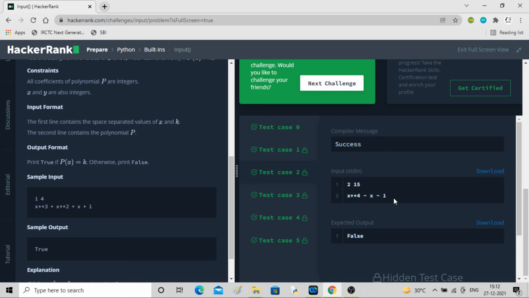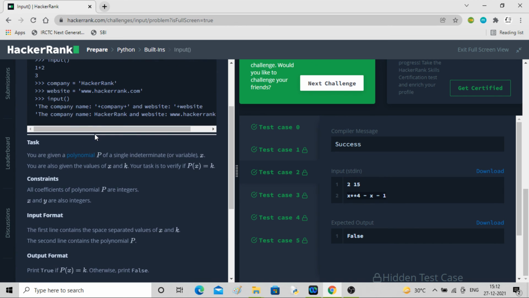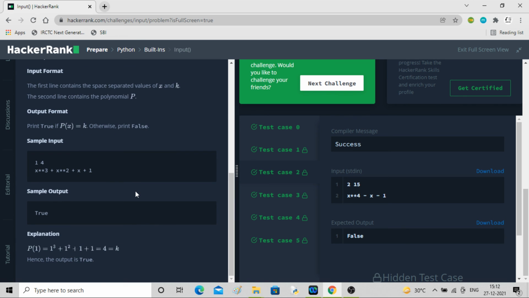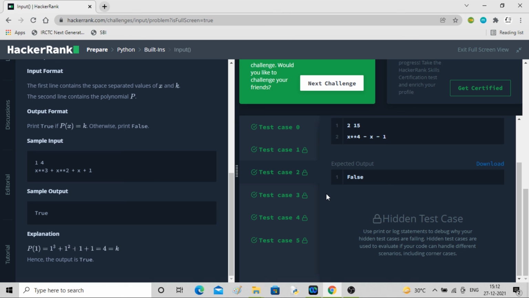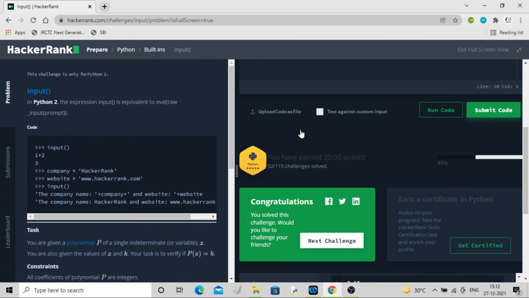Likewise you will have different expressions only, I think. There is no constraint on x and k except that they have to be integers. As for all coefficients of polynomial p being integers, I don't think that is required here. If you want to, you can do it, but it is a very tedious task, which is why I don't want to follow it.